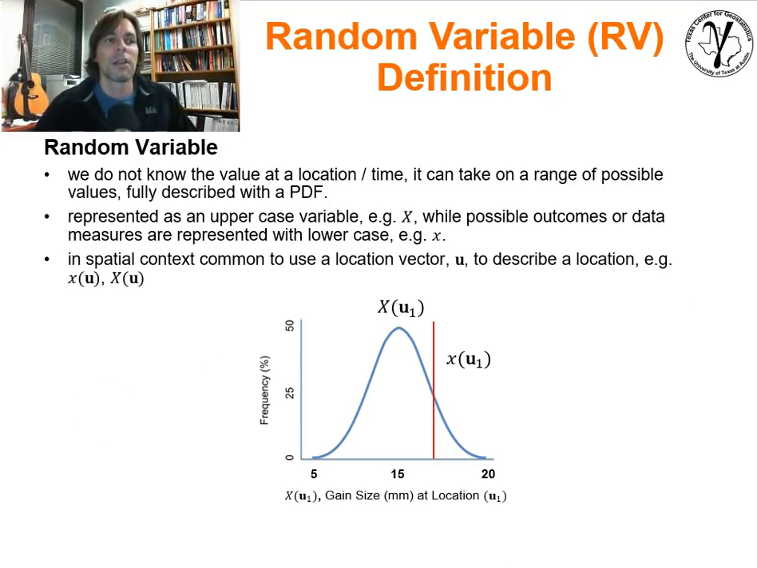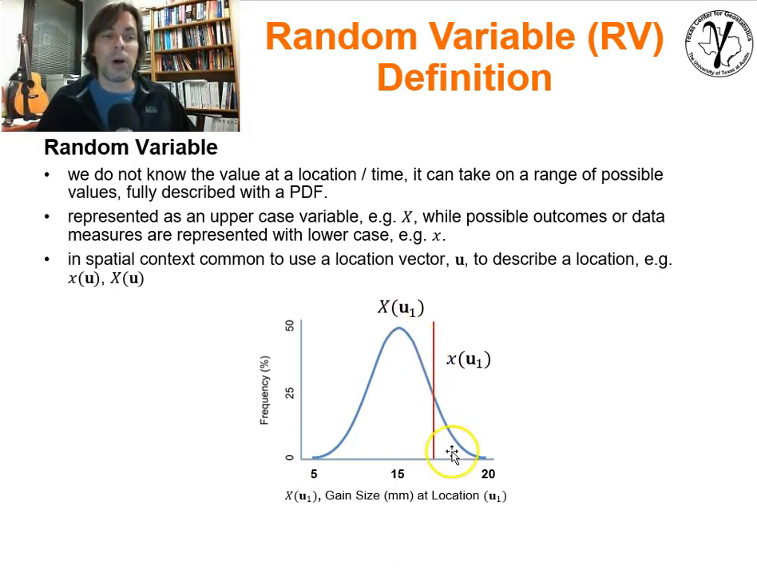Okay, the random variable. If we do not know the true or actual value at a location or time, and it therefore takes a range of possible values that can be fully described by a PDF or conversely by the CDF, that's a random variable. I'll give you an example. A random variable, we will represent it with a capital letter, so X capital, at location u, bold u is the location vector, index 1, so our first location,